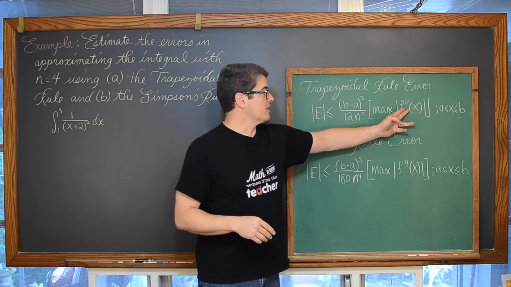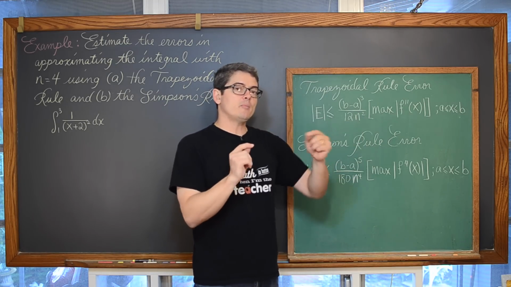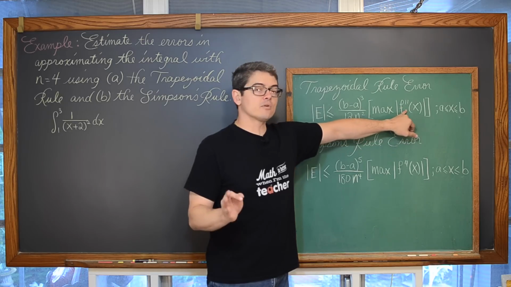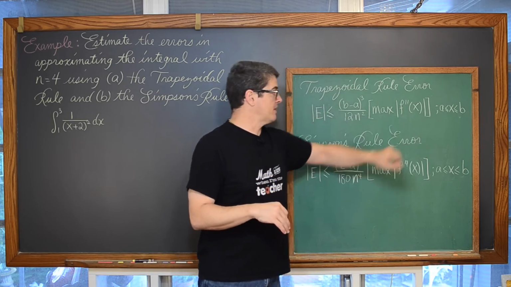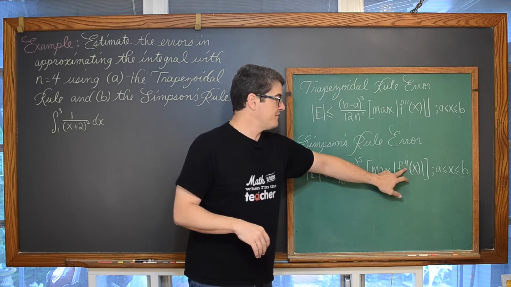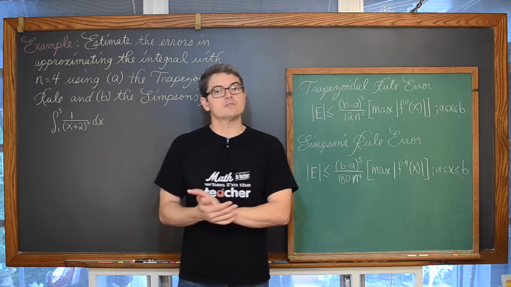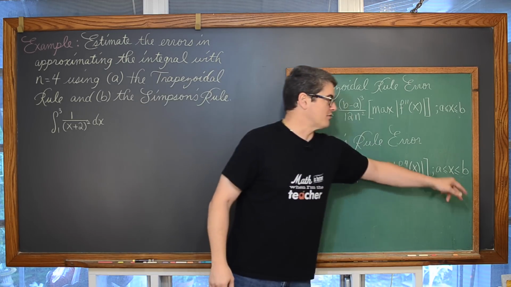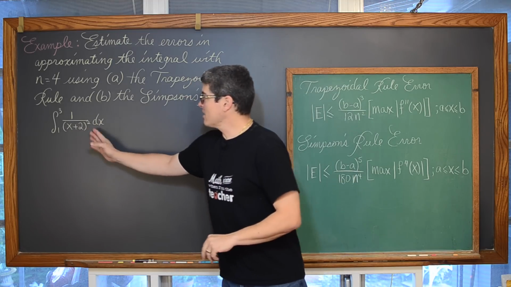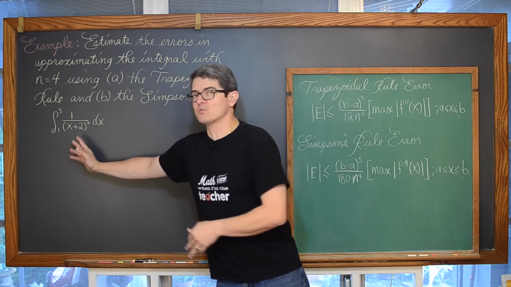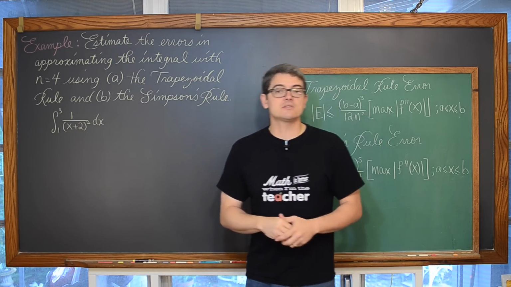Now in this case, if we're looking at a maximum of a second derivative, I'll be looking for critical values using the third derivative on that closed interval, and using the fifth derivative to look for critical values for the fourth derivative on that closed interval from a to b. So I'm going to step off and work out all of those derivatives that we're going to use for the rest of this example.